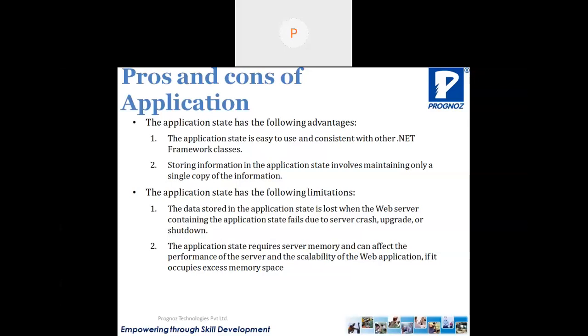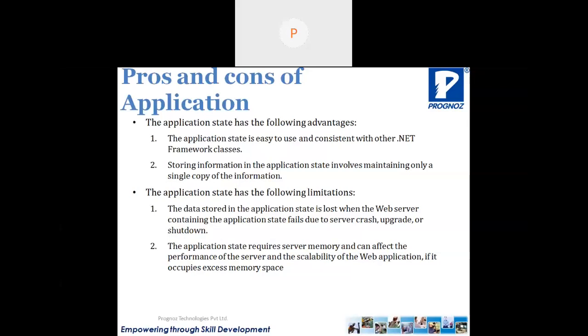So obviously, if I try to store a large amount of data, the server may crash, or the server load will increase. The application state requires server memory and can affect the performance of the server and the scalability of the web application, if it occupies excess memory space.